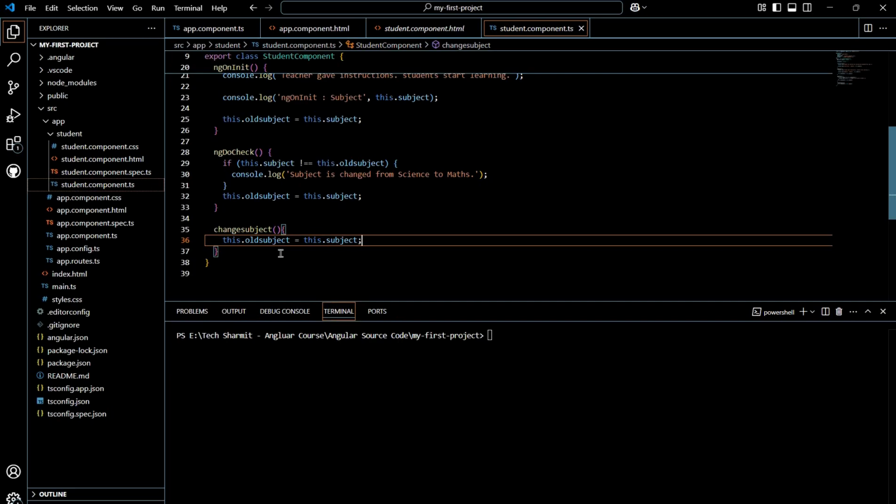Okay, not like this. We should mention here this.subject = maths. Okay, and how will this function be run? Through a button. We all know that, right? So let's go